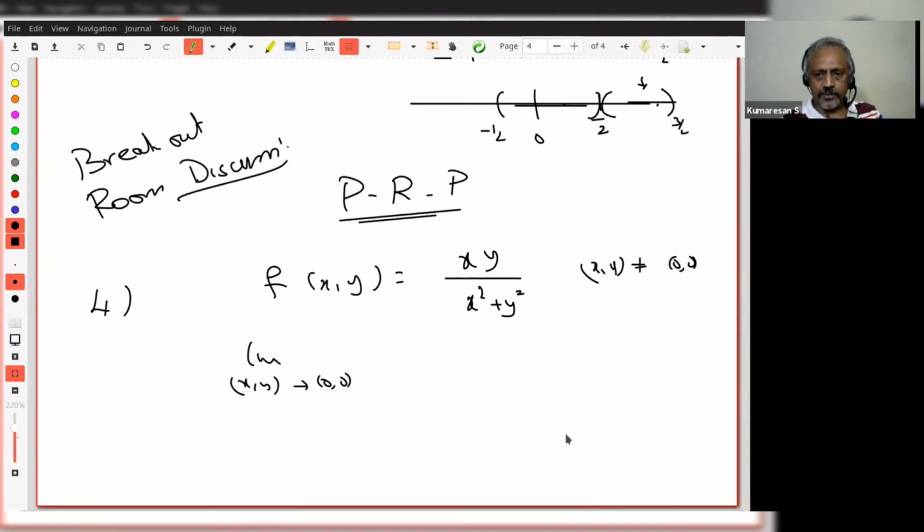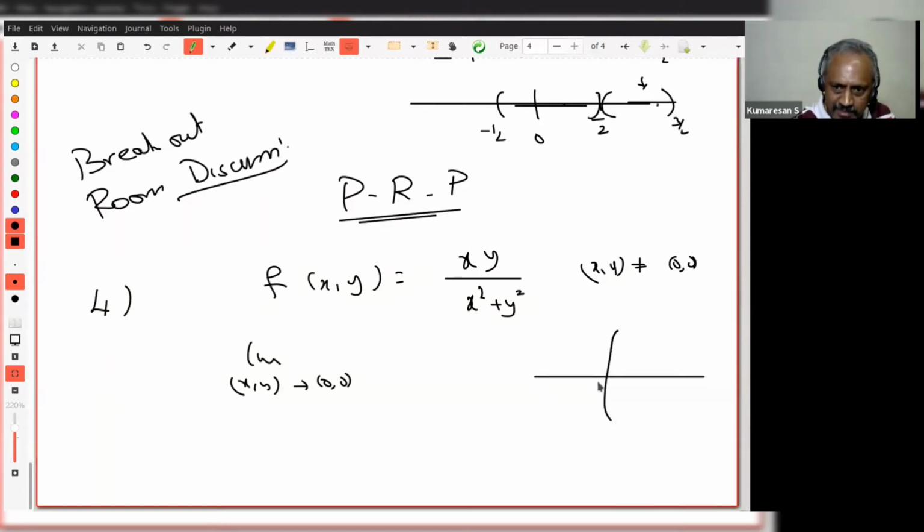Now I have taught you all tricks. What you should do? I am at a point 0, 0. Therefore, I should move along various lines passing through origin. What are the two important lines passing through origin? The x-axis and y-axis. Another important line is the diagonal line, y equal to x line. Do you understand what I'm saying? This is x-axis, this is y-axis, then this is the diagonal y equal to x line. Now try to see what happens to all these things.